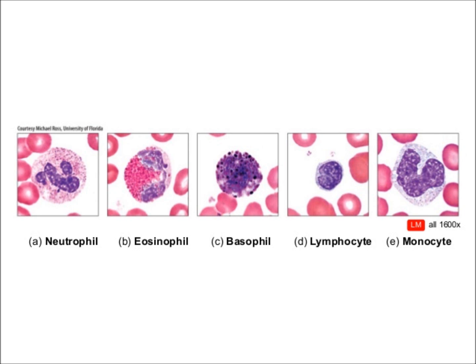When it comes to the case studies, the second one, does anyone remember what the second case study was? We had an old lady came in, Granny Smith came in, and she had a cough and fever, elevated white count, definite left shift. She had 86% neutrophils and 6% bands, so she had a left shift going on. What's the most likely reason for it? A bacterial infection. Okay, somebody who said bacterial infection, I'll pick on you. Why is it a bacterial infection? How do you know that? What were your clues? Elevated white count and,